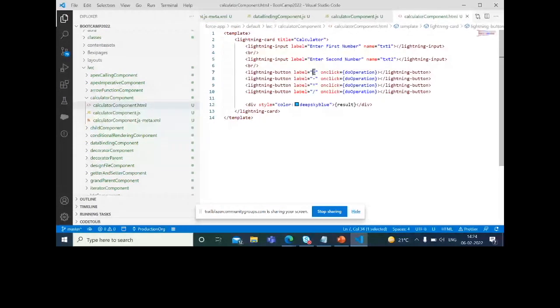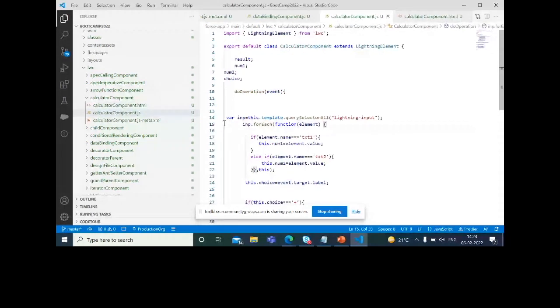The first step in this function is that I'm querying for all the text boxes. There are two text boxes, I'm querying for both, and I know that two text boxes will return. I am iterating on those text boxes with the help of a forEach loop. If you want to explore this forEach loop, you can go to w3schools.com and check the syntax of the forEach loop in JS.